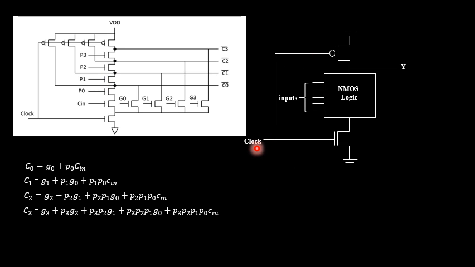The working of this particular logic is something like this. If I apply the clock signal as logical 0 state, then only the pull up transistor will get turned on and the pull down transistor is turned off. Whatever the NMOS logic structure has, whether logical 0 state or logical 1 state, it does not matter, because there is a direct connection from VDD to the output. So the output value will remain at logical 1 state itself.